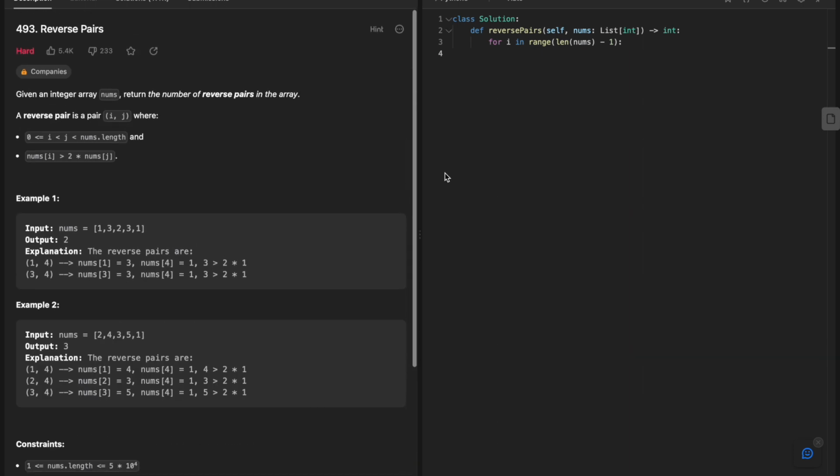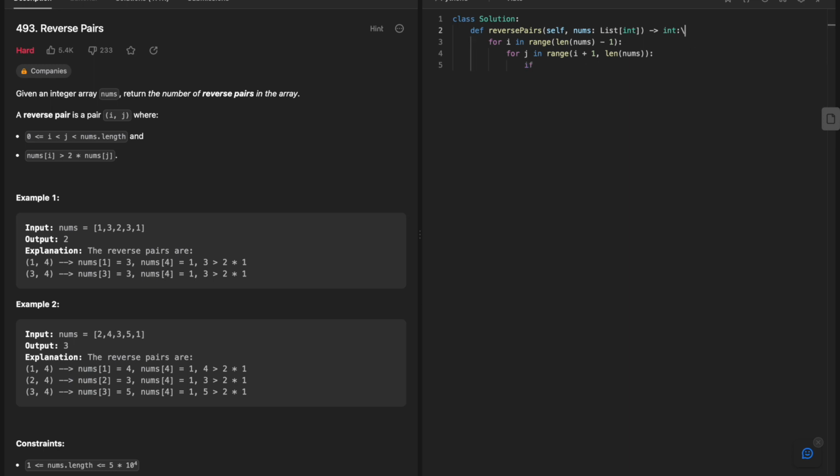So let's see, first we go with an approach of n square. So I said that for every i, I am traversing every j, and checking if it is less than its half or not. Okay, so let's start: for j in range of len of nums. So j should start with i plus 1, and it can go up to the length of nums, and what we'll check is that